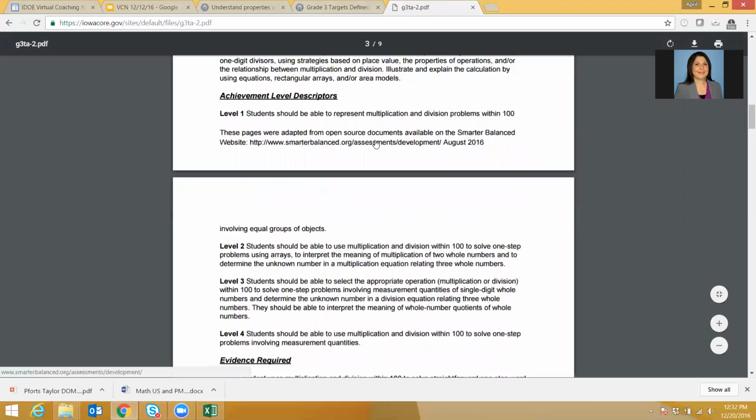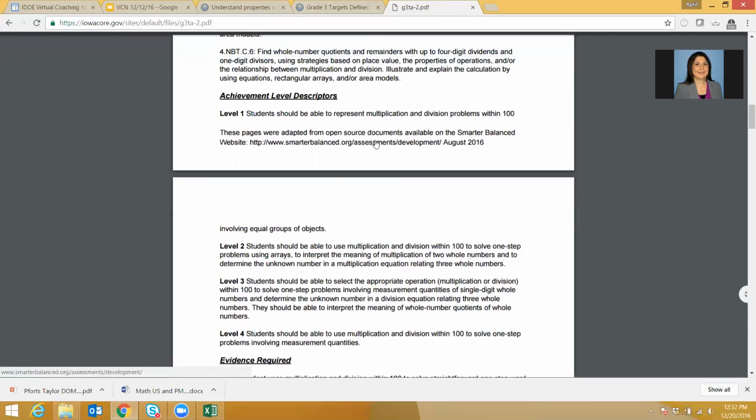Then we go to something called achievement level descriptors. Achievement level descriptors are a way to measure: how do I know if the student's work is proficient or not? Well, if the student's work or ability is at a level 3, we say that that's proficient. And if they're proficient within this target, this assessment target, which aligns to my standard cluster, if a student is